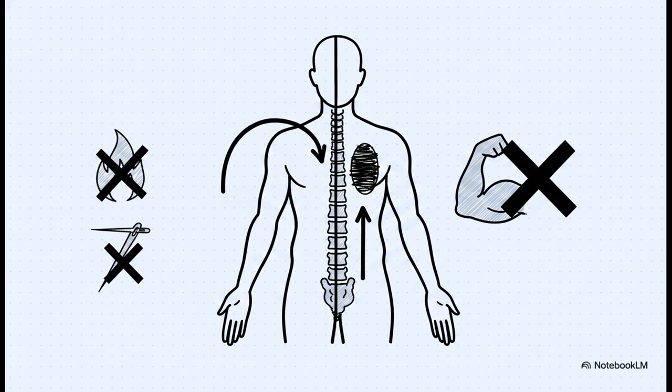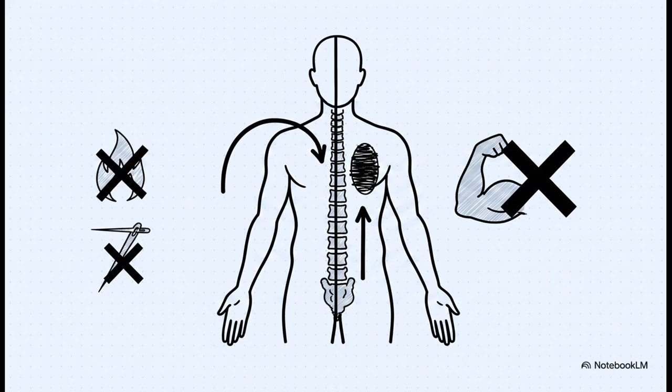On the ipsilateral side, so the exact same side as the lesion, the patient loses motor power because the descending corticospinal tract is severed. They also lose proprioception and vibration sense since the dorsal columns are damaged. But on the contralateral side, the opposite side of the body, below the lesion, they actually lose pain and temperature